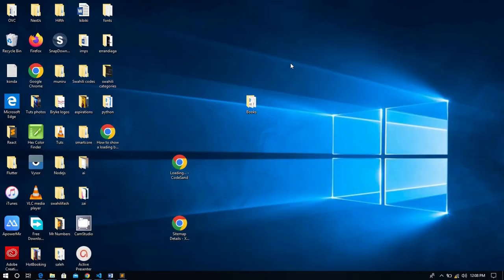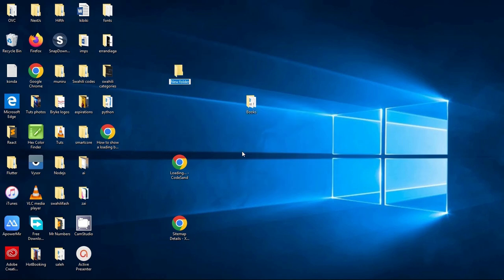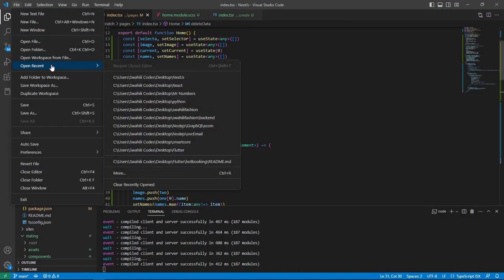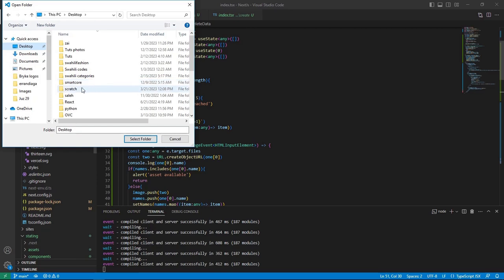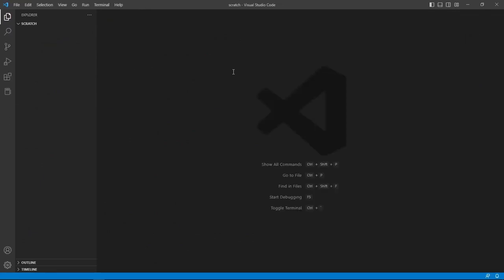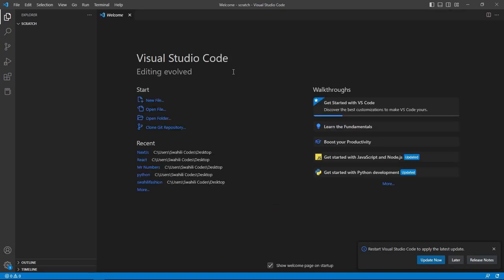So welcome back. I'm going to create a new directory in here, and I'm going to name it Scratch. And let me open a new one on desktop. Scratch, this one. And it is actually going to be a Next.js app with TypeScript enabled. So we're also going to install a few packages in here. We're going to need Sass, of course, Sass for SCSS, and of course React Icons, and of course classnames, because we're going to use